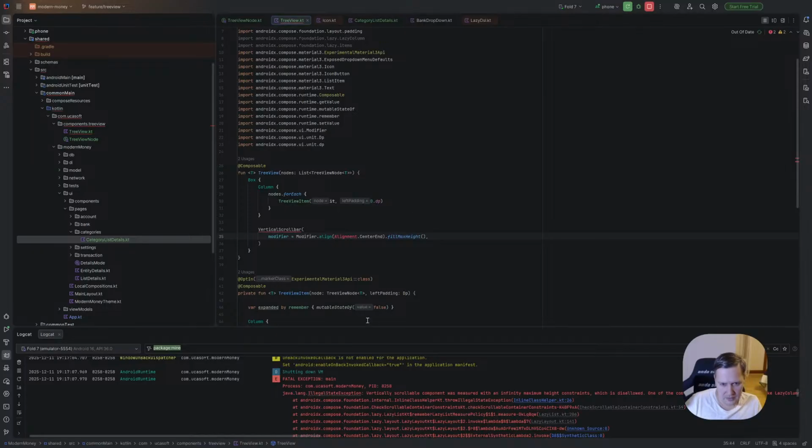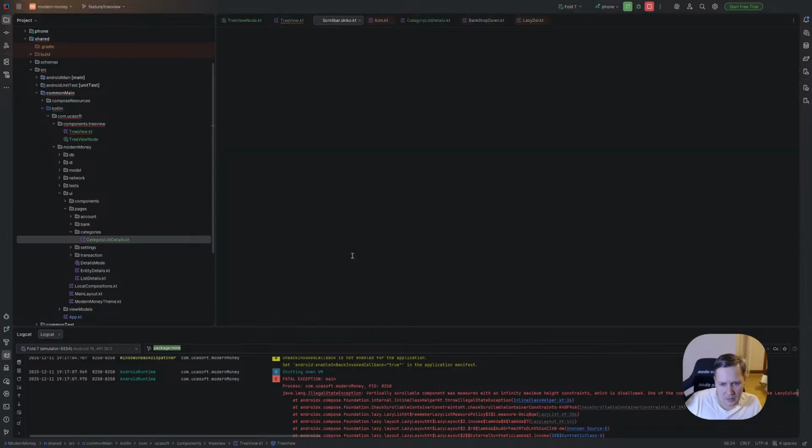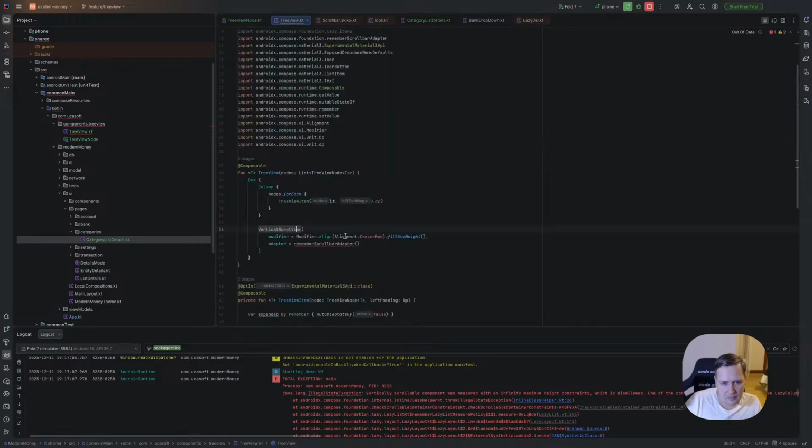Yes, modifier is correct, but we also need to remember the scroll adapter. Yeah, let me check.